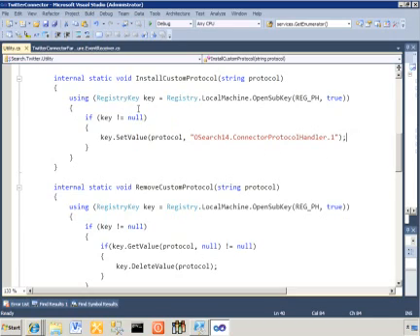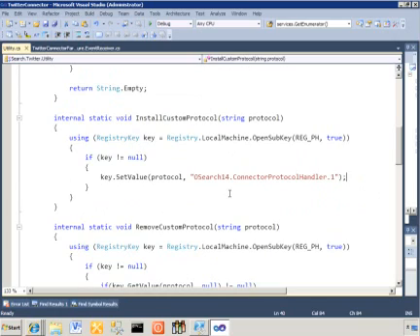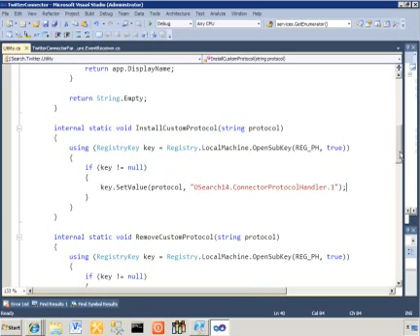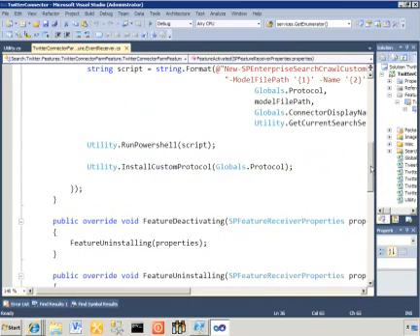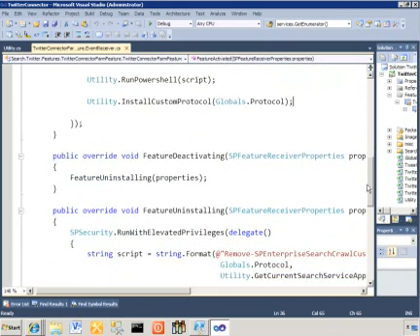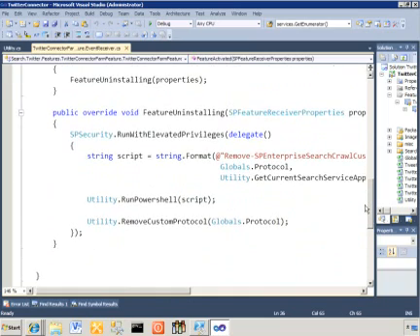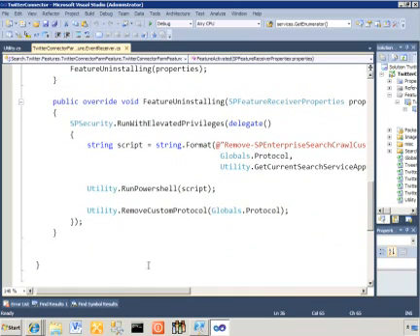This is the way you tell search, hey, by the way, this is my new protocol handler, and that's the new protocol I'm supporting. So that's how you do that. At that point, once you've done that, you've installed your connector. Now the uninstalling works much the same way, except in this case I'm using RemoveCustomProtocolHandler,